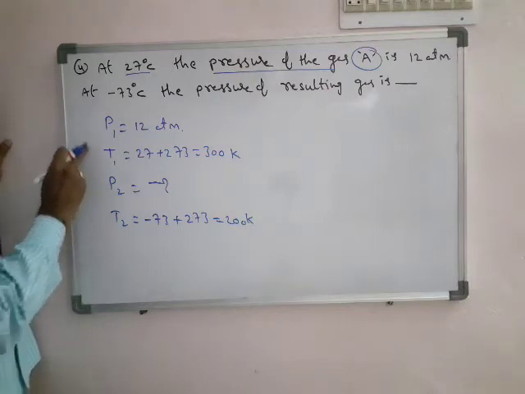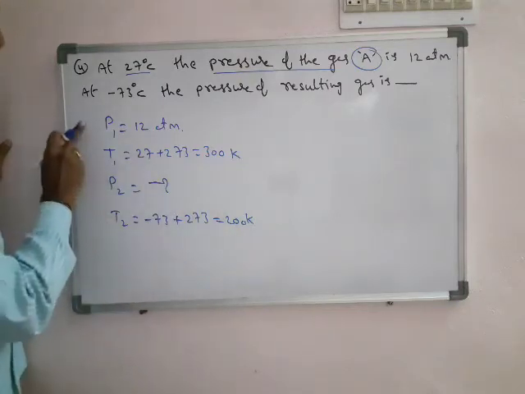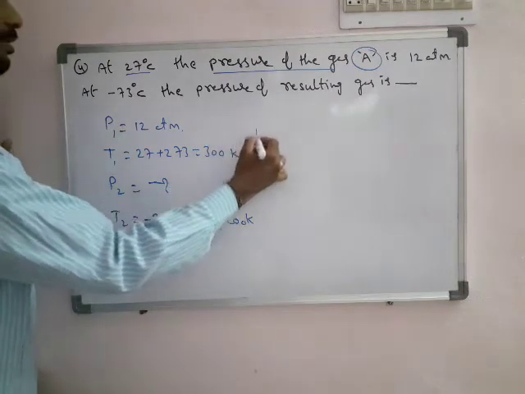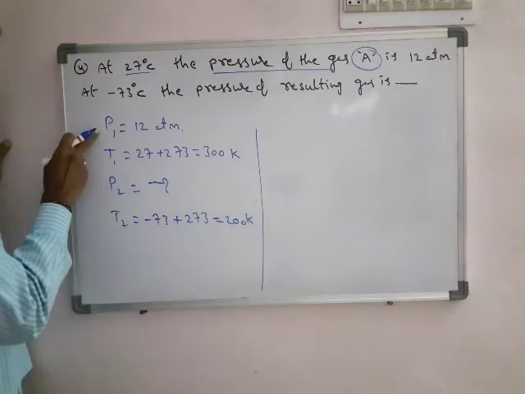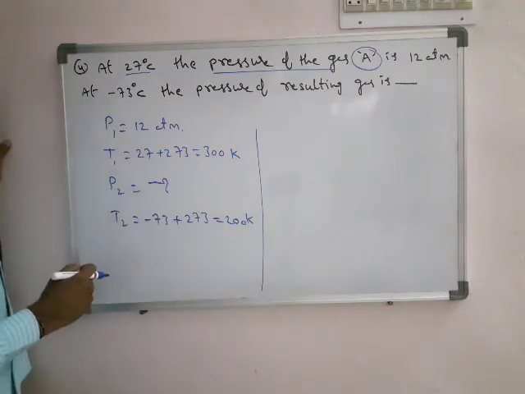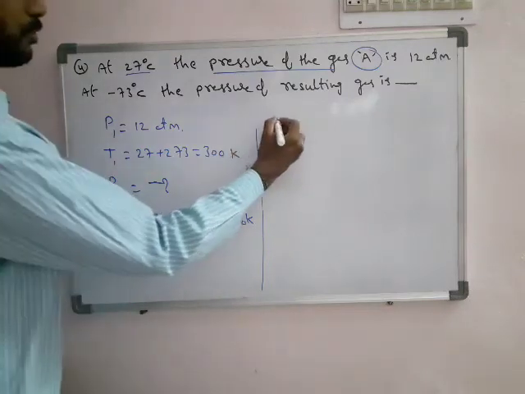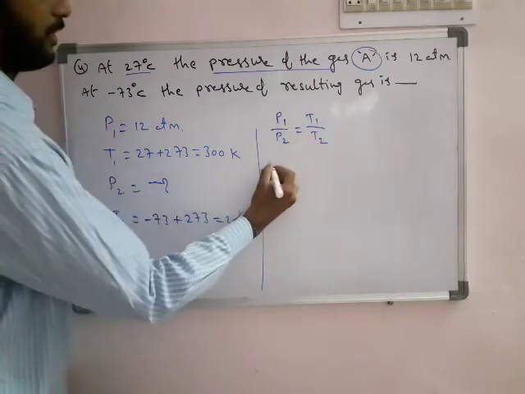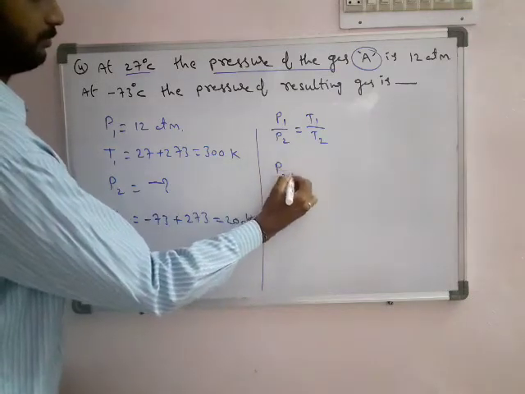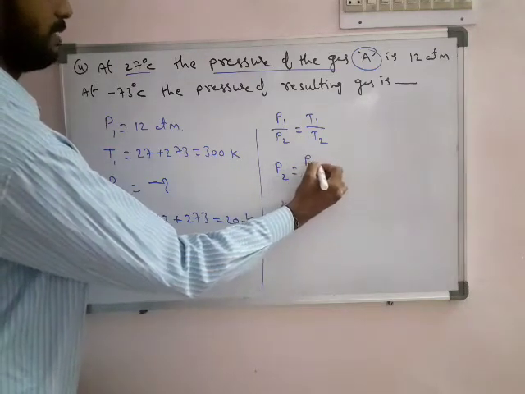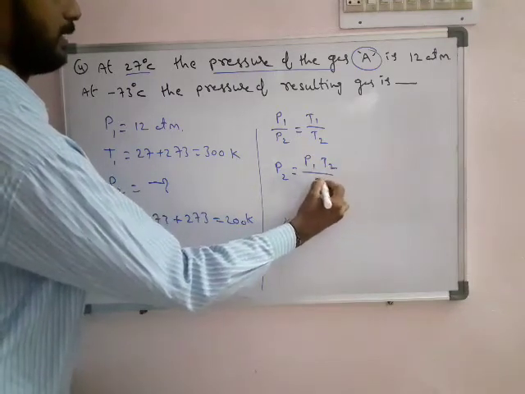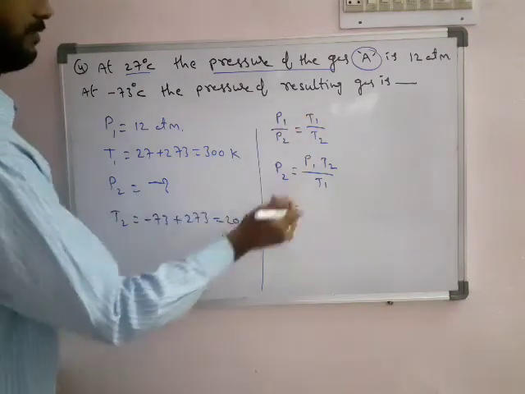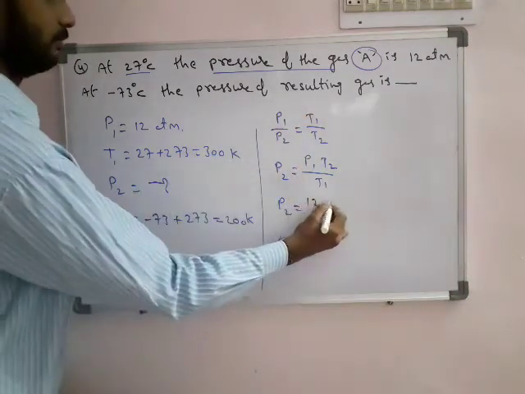So now there are no terms of volume. So P1, T1, P2, T2. So what is the relation between P and T? This is called Gay-Lussac law. P proportional to T. That is P1 by P2 is equal to T1 by T2. We need to find out just P2. So what is P2 equal now? P1 T2 by T1, the cross multiplication. P2 equals P1 T2 by T1. Okay, what is P1? 12. What is T2?